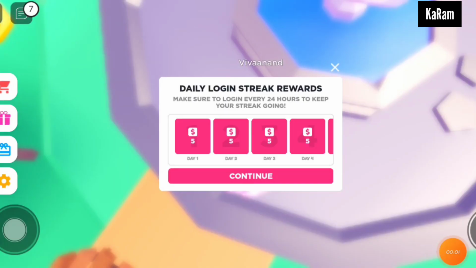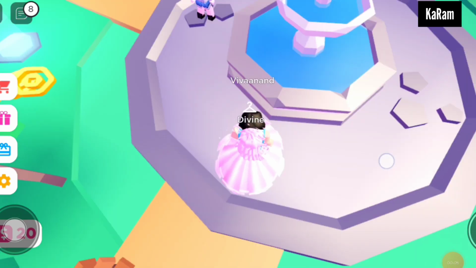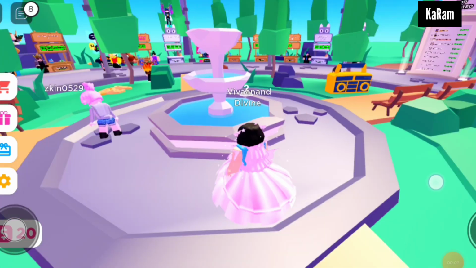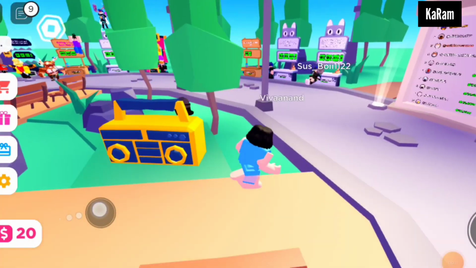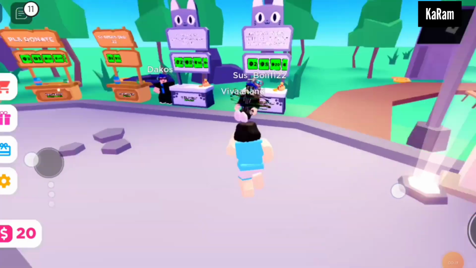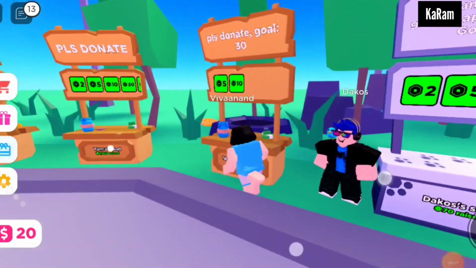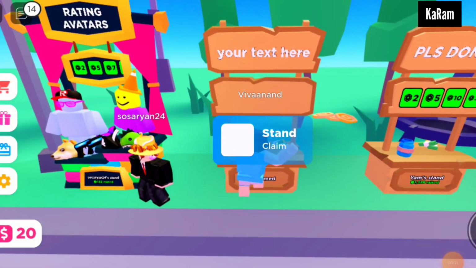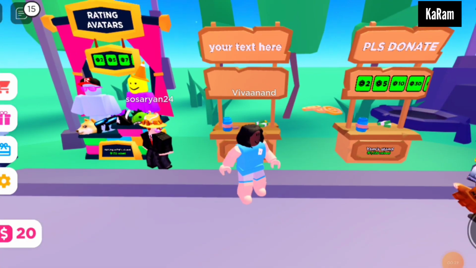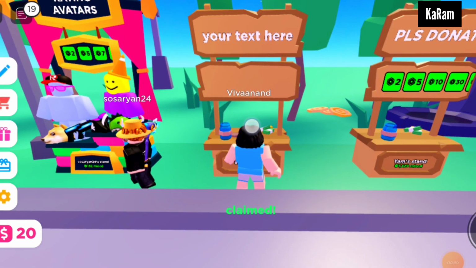Once the game is started, you have to close this window and go to any empty stand. So you have to look for any empty stand. You can see that both stands are already occupied and this is also occupied. This one is empty, so no one has claimed this stand yet. To claim this stand, you have to hold this button,